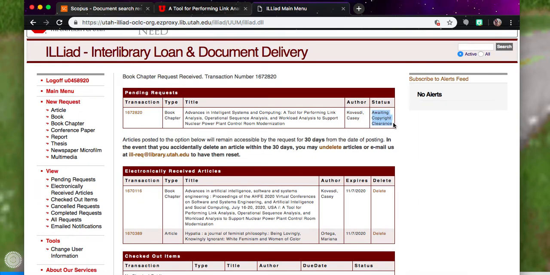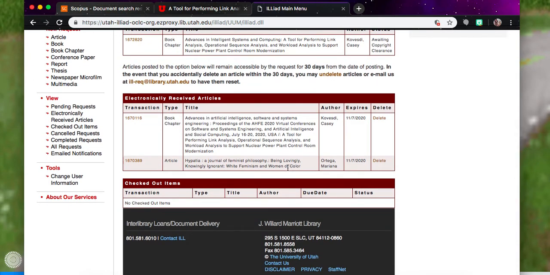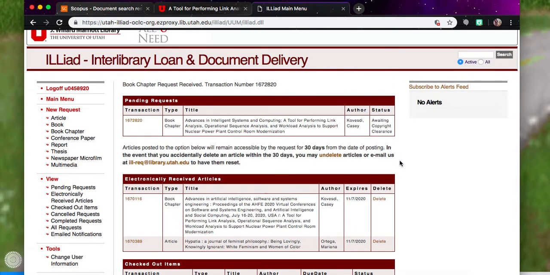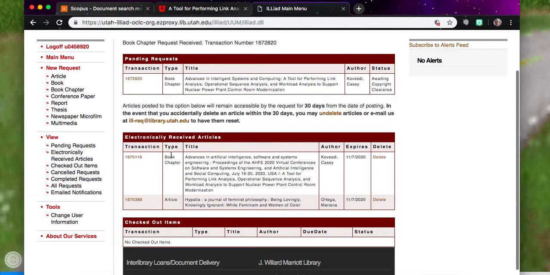The turnaround time is really pretty quick. I often get a request the same day that I submit it, sometimes within the same hour. It really depends on what time of year it is, and around midterms and finals, it's a little bit more of a wait time. But generally, it's pretty quick, same day even. For stuff that's physical, though, the turnaround time is longer, of course, because we are going to deliver those items